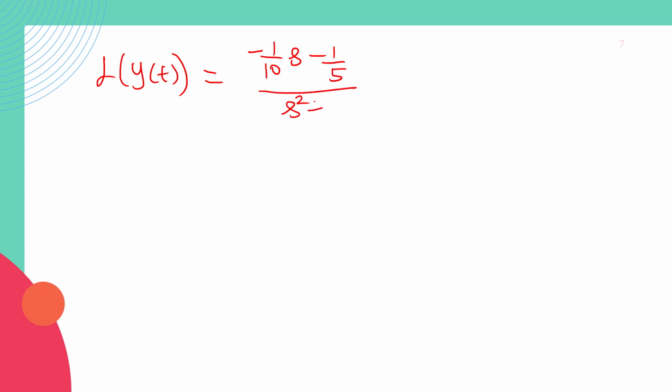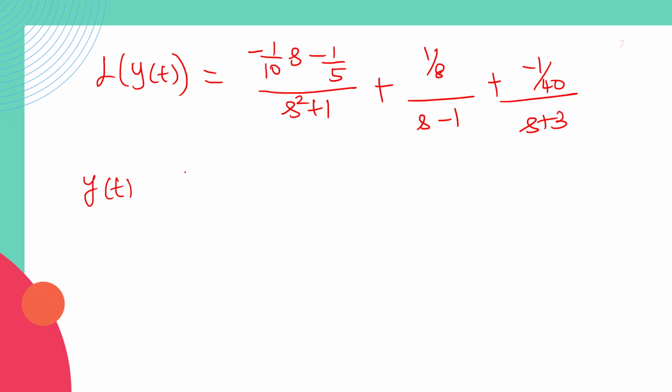So we got all four values of a, b, c and d. Let us substitute them in L of y of t. So L of y of t is equal to a s plus b. The value of a is minus 1 by 10 s, then the b value is minus 1 by 5 divided by s square plus 1, then plus the c value 1 by 8 divided by s minus 1, then minus 1 by 40 divided by s plus 3. So this can be